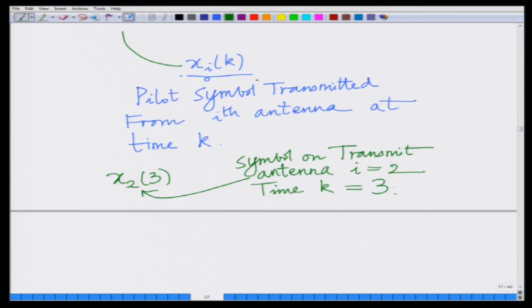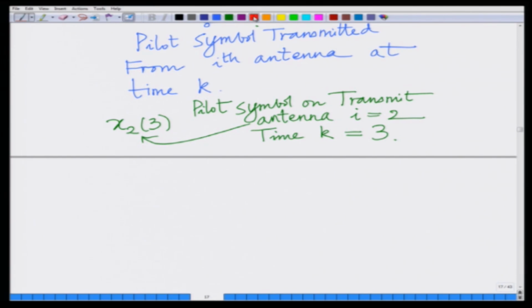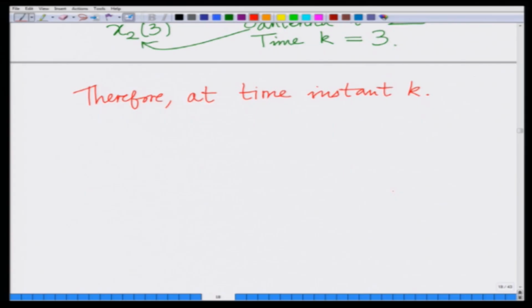That is, x2 of 3 is the pilot symbol transmitted on transmit antenna 2 at time instant 3. Therefore, at time instant k